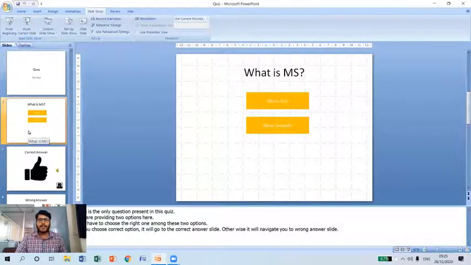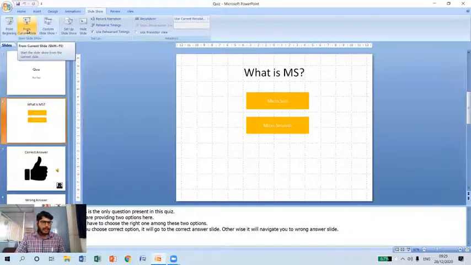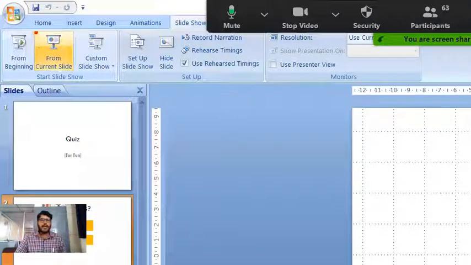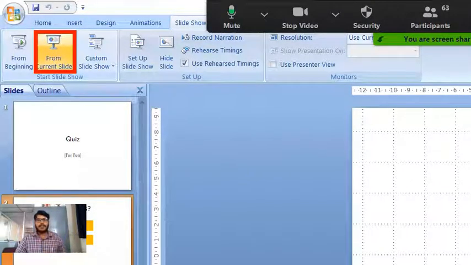Now I have selected the second slide. From this particular current slide, it has to start the slideshow. If I select this option, which is nothing but From Current Slide, it will start the slideshow from that particular slide.